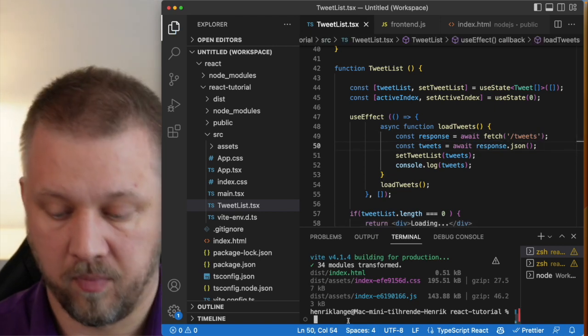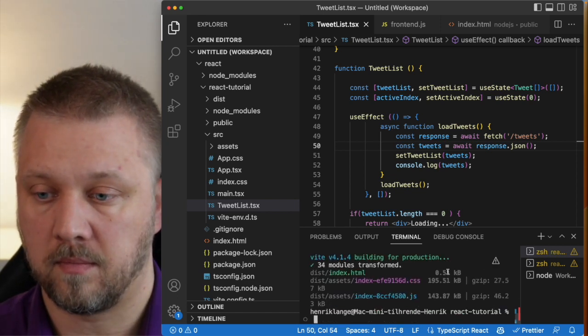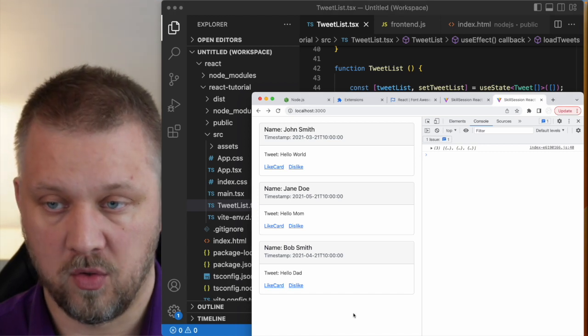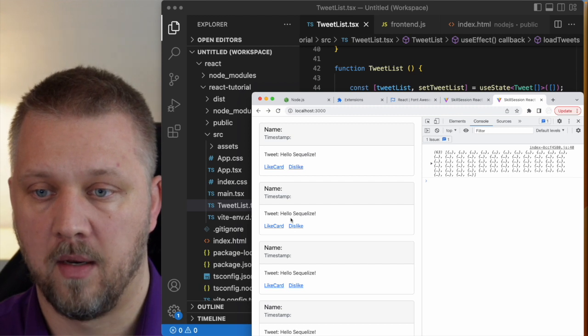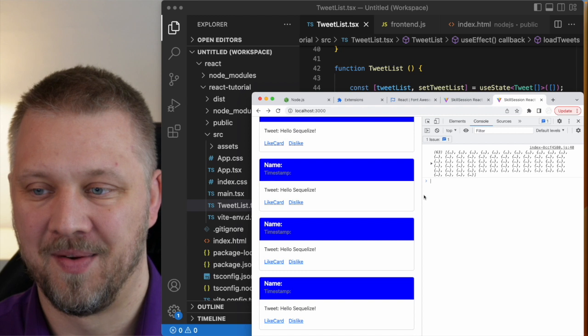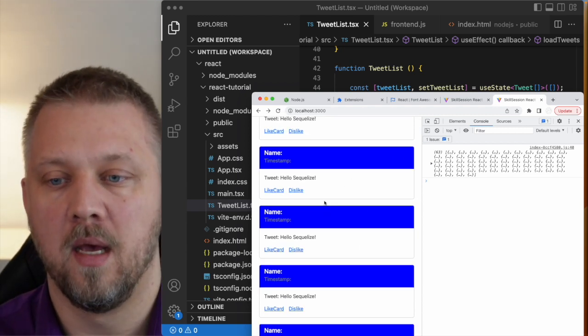Hit save, npm run build, and jump over into this file. And now you can see, now we have the name, timestamp, and we actually get these tweets from our database. Right now it's having a difficult time with the state and which one we clicked, but that's because